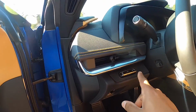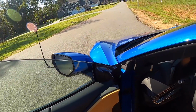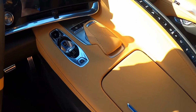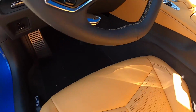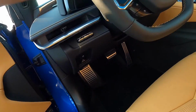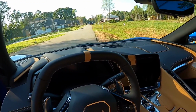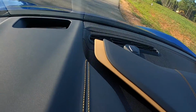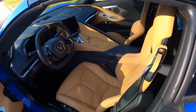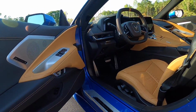Electronic parking brake, has a display, power tilt telescopic steering wheel, automatic headlights. Dual cup holder, and everything's all push button as far as the controls. Automatic headlight, I'm not sure if it's automatic high beam or not. Electronic parking brake, adjust your display. Flat bottom steering wheel, also flat at the top as well, and you have your center line marker. Interior is just very nice. You guys can look at this. Good job. Aluminum pedals, power tilt telescopic steering wheel,